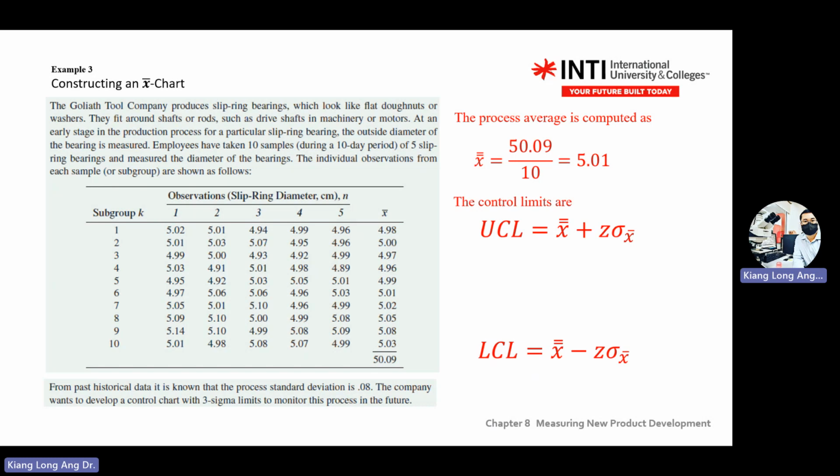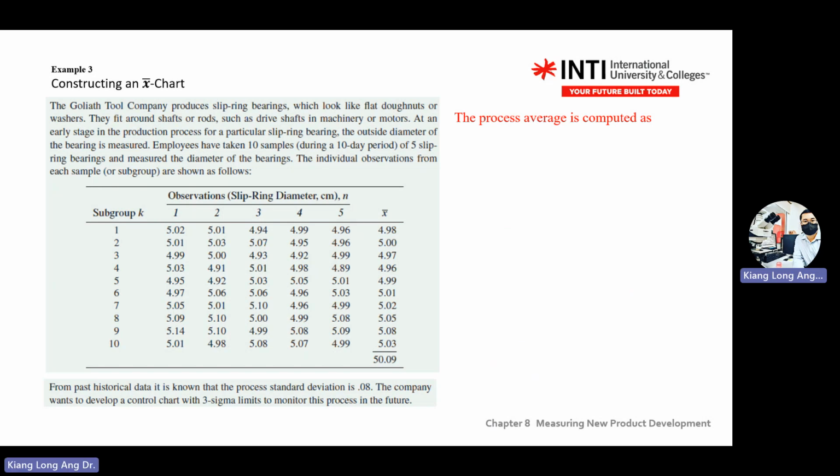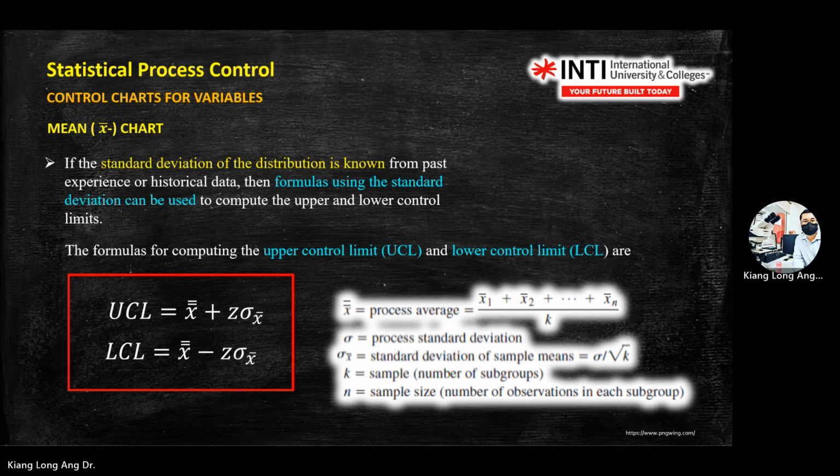In this case, it tells you directly the standard variation is a sample like sigma. Sigma is a standard variation. So the one that you use for mean chart is standard variation of sample means. So the question does not give you the standard variation. So you need to calculate the standard variation of sample means by using standard variation divided by square root of